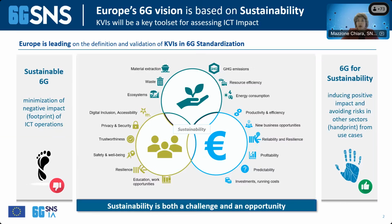Now, if you go on to 6G for sustainability, it demonstrates the technological enablement potential, which means how much good technology can do for other verticals, other sectors, which are strategic for Europe, from healthcare to transport, logistics, mobility, or industry 4.0. Sustainability is both a challenge and an opportunity, but we do see a real SNS project-based innovation here,